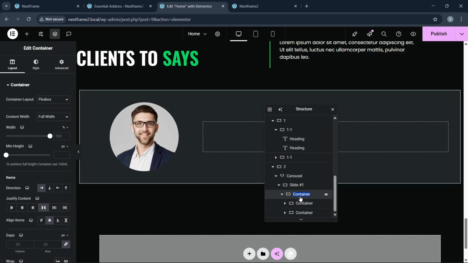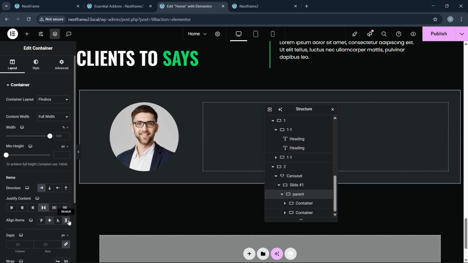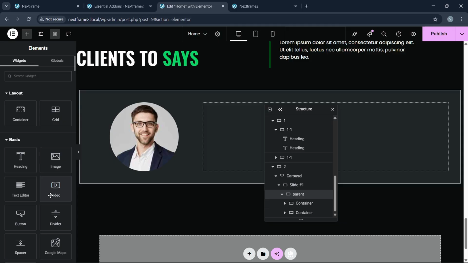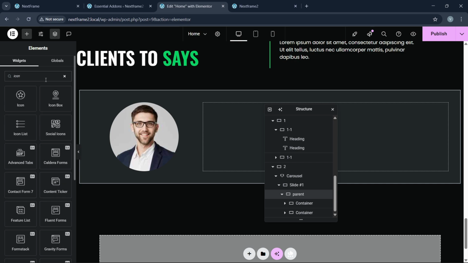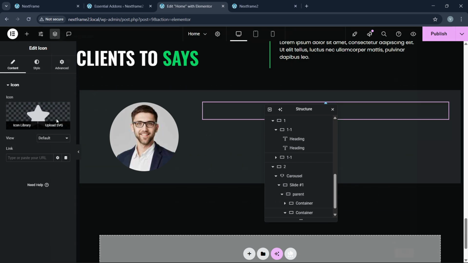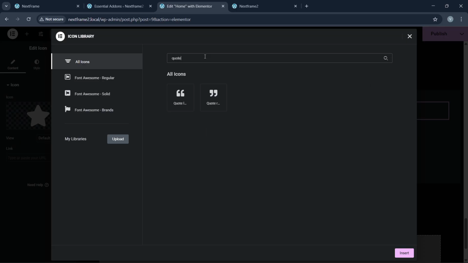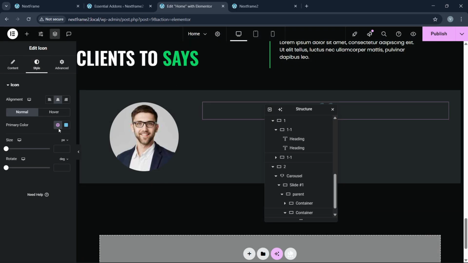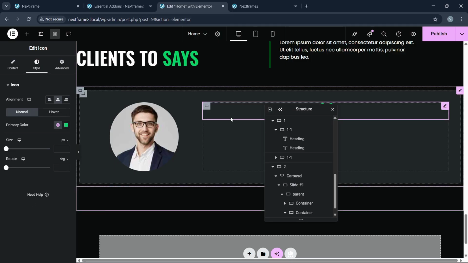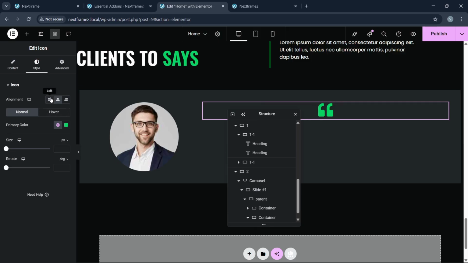Okay, so this is the parent one. We can make this like this. Here we can add an icon. Here you can choose this icon. Here we can search for the quote icon. You can make this color here green. Okay,